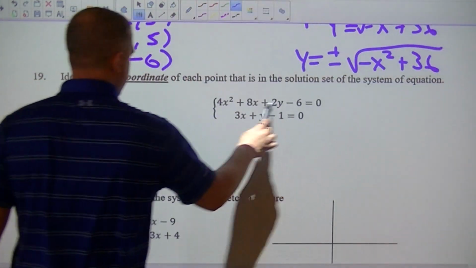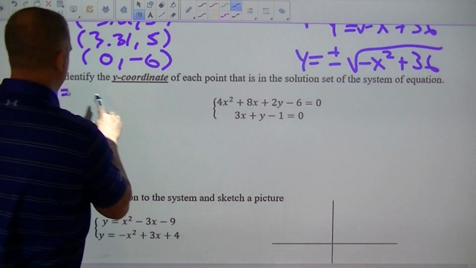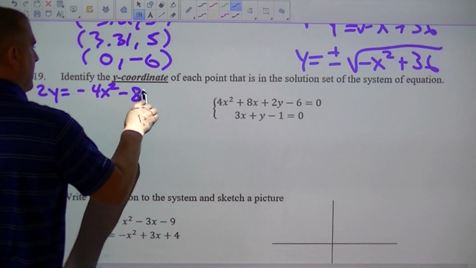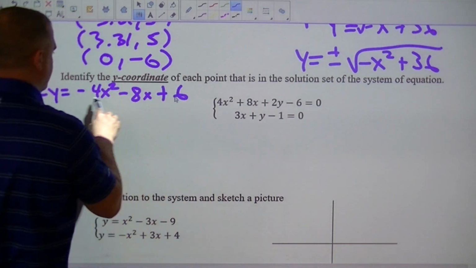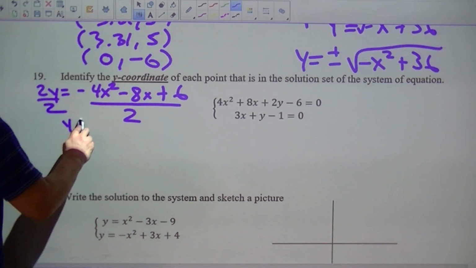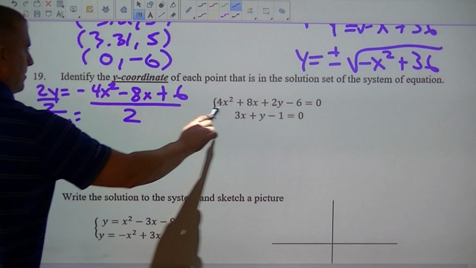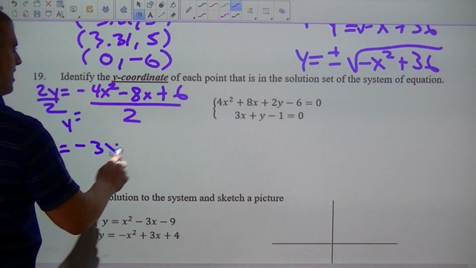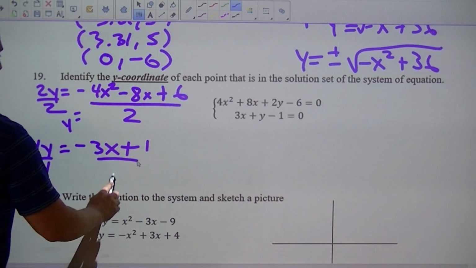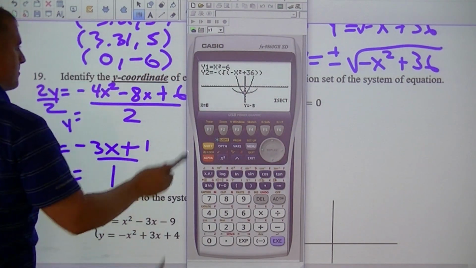Okay, so what I'm going to do is I'm going to keep the 2y over here. I'm going to move this, so it'll be negative 4x squared. I'm going to move the 8x, which will be negative 8x. The negative 6 becomes positive 6. Then I'm going to divide all those by 2. Okay? So I'm going to put that with y equals. This one, that's 1y equals. I'm going to move the 3x, it'll be negative 3x. I'm going to move the negative 1 to become positive 1, just change the signs. And I would divide that one by 1. Okay? So when I go into the calculator,